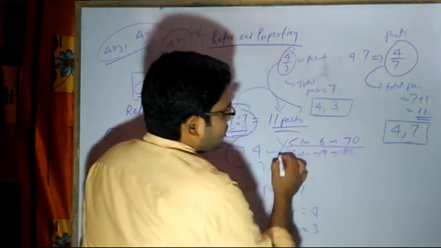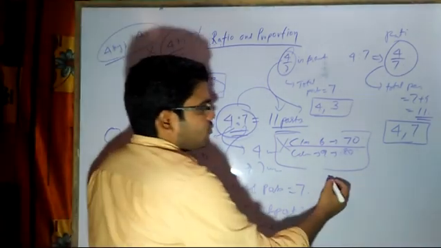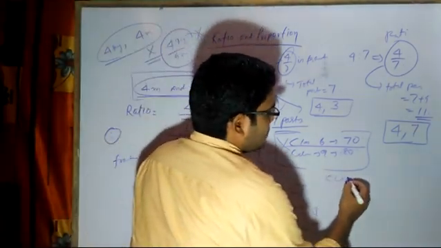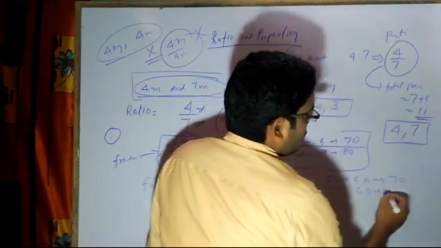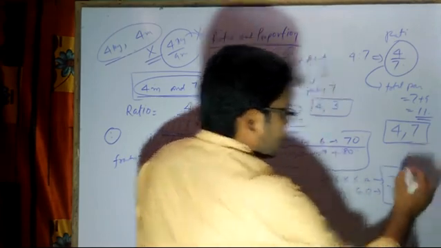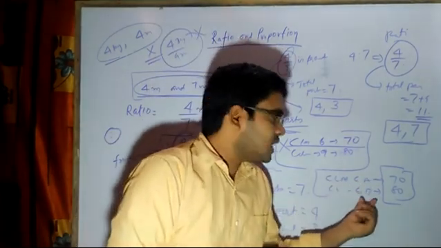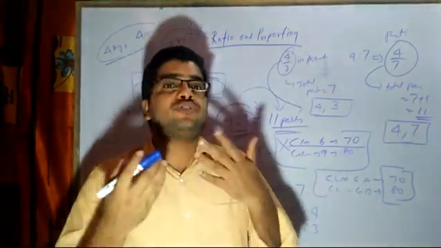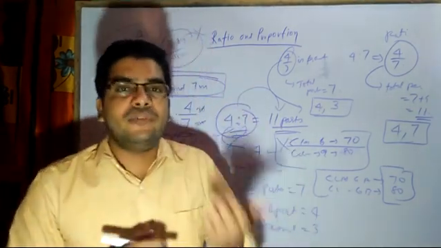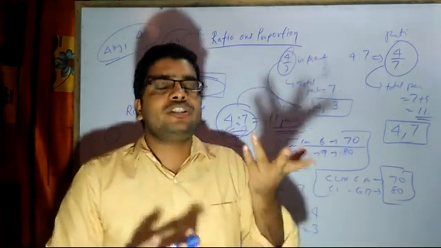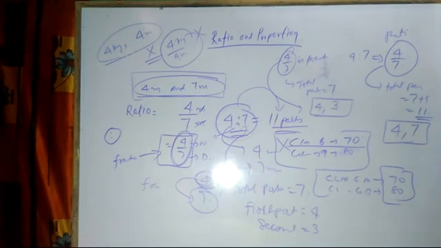Then this comparison is incorrect. This comparison of class 6 with class 9 is incorrect. If I have to compare, then I have to compare like class 6A has got 70 marks, class 6B has got 80 marks. Then I can say yes, this comparison is correct, because in class 6A as well as in 6B, the students will be of the same IQ level. They will have more or less the same age. The teacher who will be teaching will be the same. So to understand this, just try to understand that ratio.